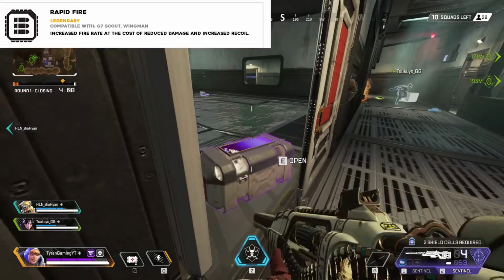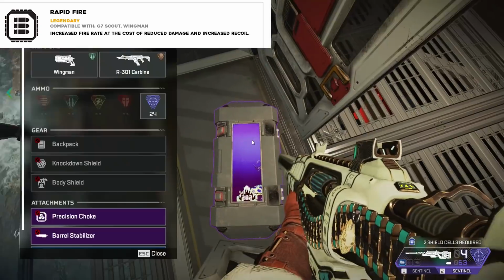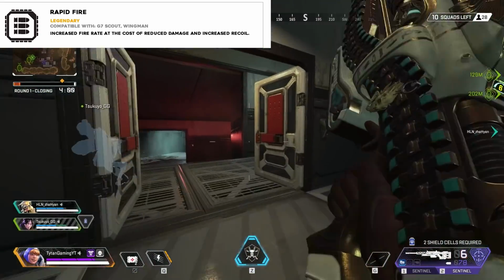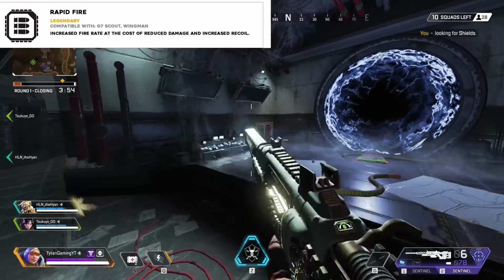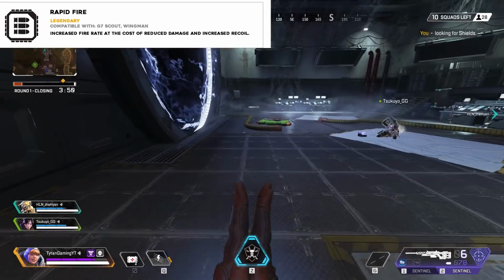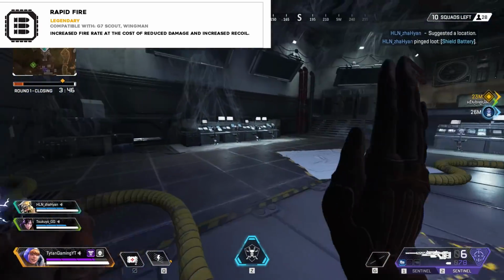But moving on to rapid fire, which goes on the G7 Scout or the Wingman, increases the rate of fire at the cost of reduced damage and increased recoil. Now, right off the bat, both of these guns shoot basically as fast as you can click. So I don't really understand why you'd need an increased rate of fire. I feel like that's more for automatic weapons. So yeah, I'm just gonna skip over that one unless